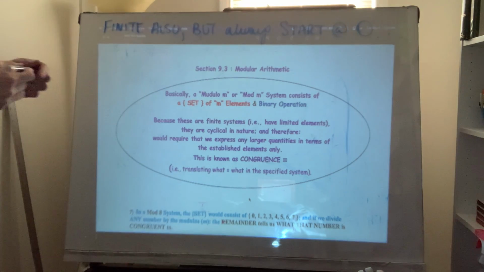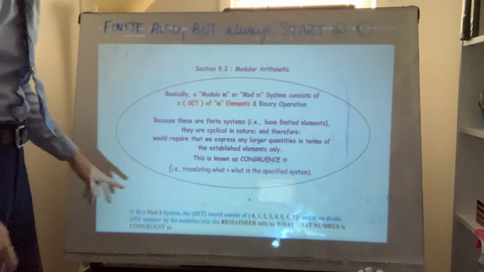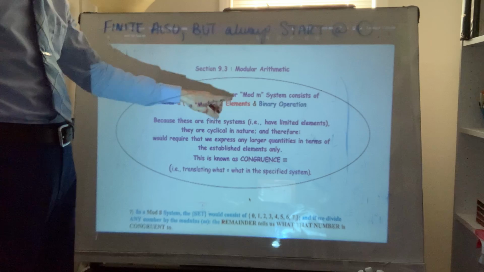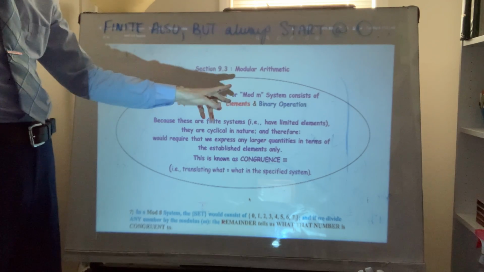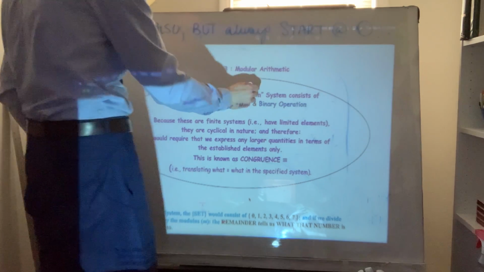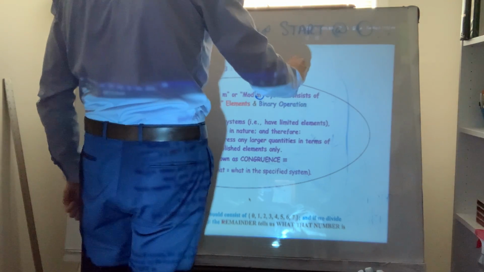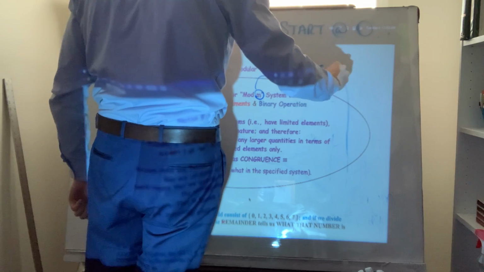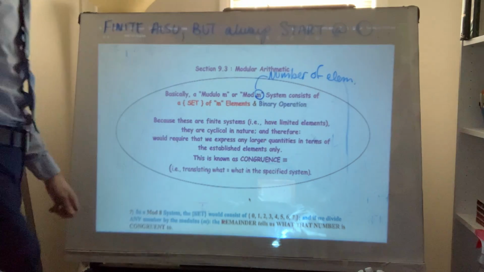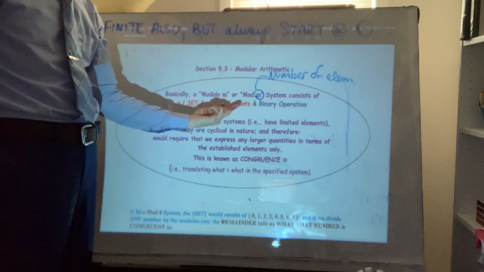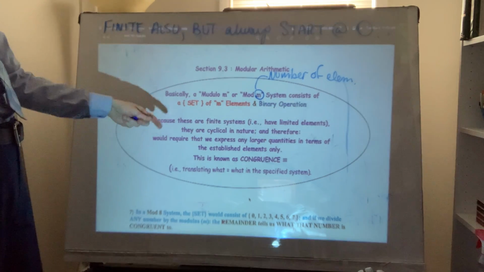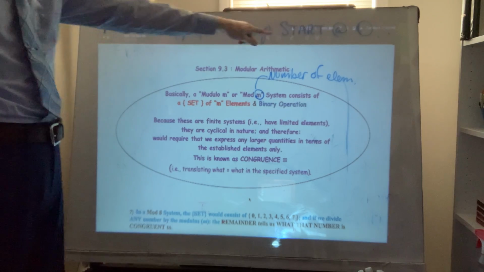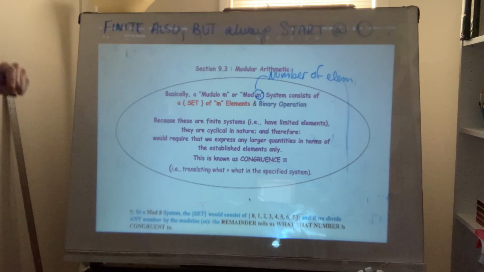Okay, there's some notations that we have to adapt to. Basically, a modulo M, or sometimes referred to as mod M system, and M is the modulus number, the number of elements in the set, consists of a set and then so many elements, and a binary operation. So it really is the same thing again. It's just that the slightly restricted criteria is that it must start at 0. All right. Because these are finite systems, i.e. have limited elements,